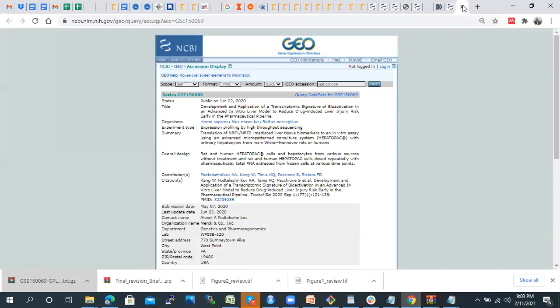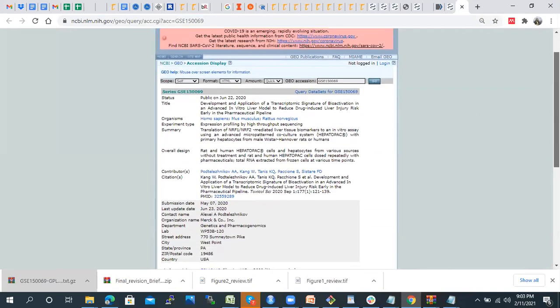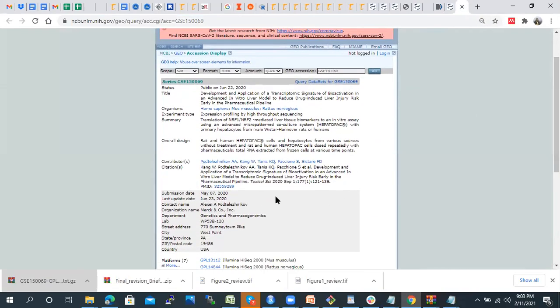So now let's look at what this study is about. If you want to go through the complete paper, you can read that paper and find out exactly what they have done and how they tried to address it. Meanwhile, you can look at just the summary. In the summary, usually they give an overview.